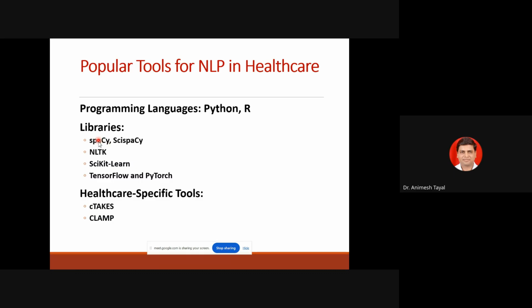Spacy is the improved version of NLTK. Previously, NLTK was the only library for natural language processing purposes, but Spacy is the improved version of NLTK. And now, specifically, there is a specialized version of Spacy for science-specific data analysis. It means medical science or any other science-specific data. It is a more improved library or framework for